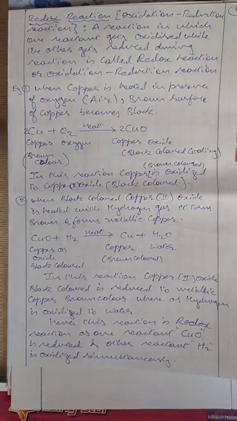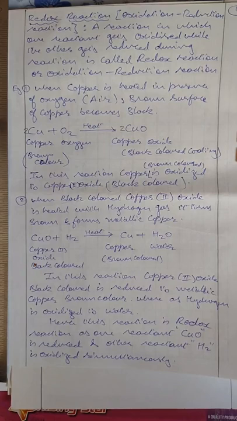Now, the next is redox reaction. Listen, it is also called an oxidation reduction reaction. What do you mean by redox? Red, R-E-D, means reduction, ox means oxidation. So we have a reaction in which oxidation and reduction are taking place simultaneously, and that is called a redox reaction. A reaction in which one reactant gets oxidized while the other gets reduced during the reaction is called a redox or oxidation reduction reaction. So here both the reactions are taking place simultaneously. That means if one of the reactants is getting oxidized, the other reactant is simultaneously getting reduced.